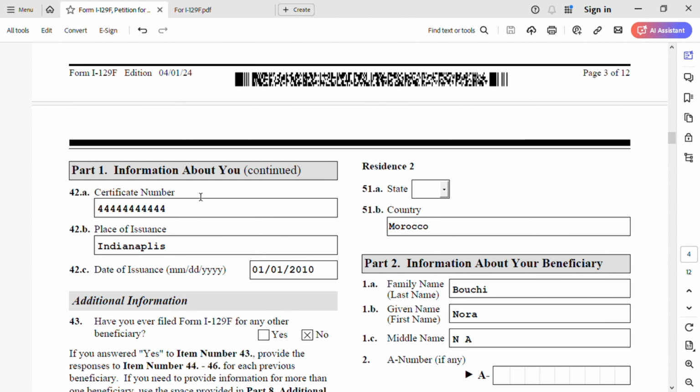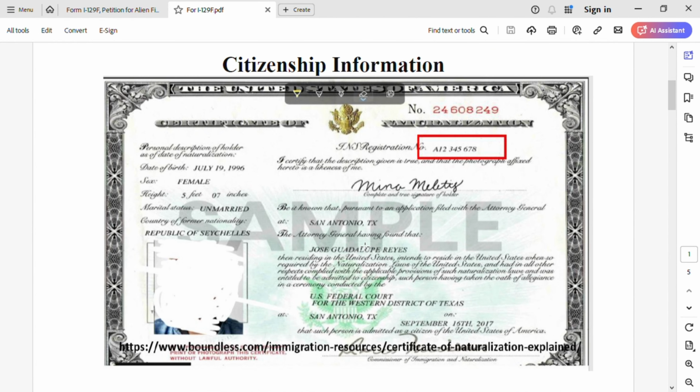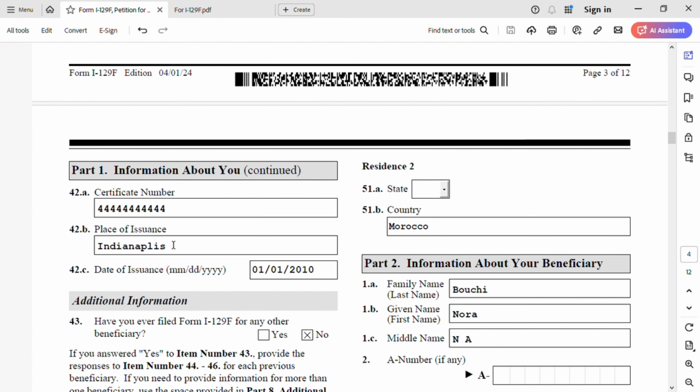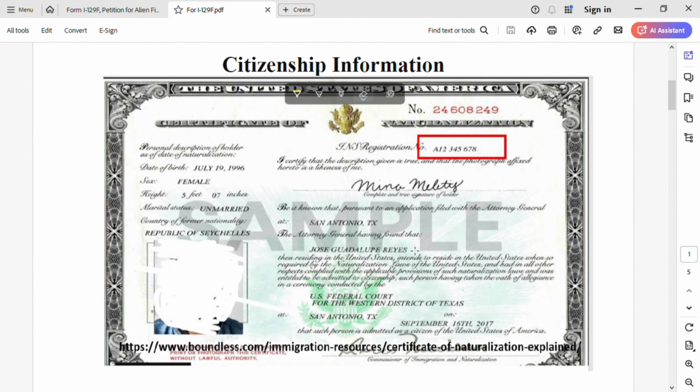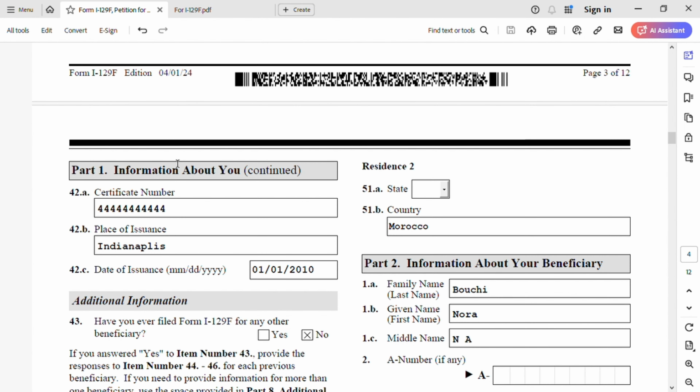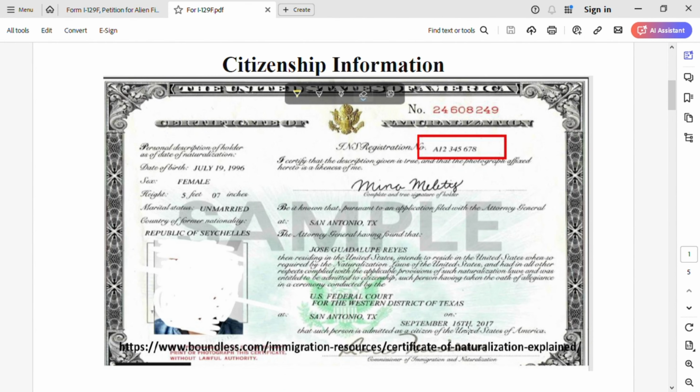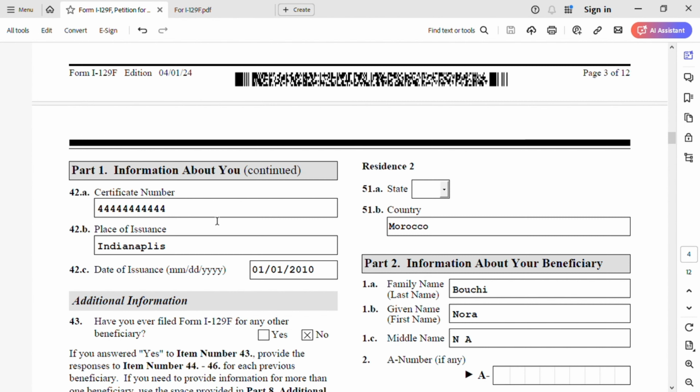So you will need a certificate number. How do you get that? Go to your citizenship certificate, naturalization certificate. As you can see, the number is right here. The naturalization certificate number is right here, and you add it. We're gonna add it right here. Place of issuance. Go back to your certificate, it's right here. In this example right here, San Antonio, Texas. But I'm not gonna copy that. I'm gonna do Indianapolis. Then the date. If you can see this one right here, it was September 16th, 2017. For mine, I'm gonna do 1st January